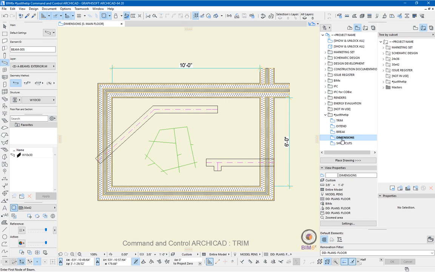The next one to look at is how we can use the Control key with dimensions. So in here you can see I've done a fair bit of messing around. This is the trim exercise I used earlier. I have a couple of dimension lines in place, and like the other options other than trim, if I want to edit a dimension, I make sure the dimension line's active. So I can pick this up, so I can select this,